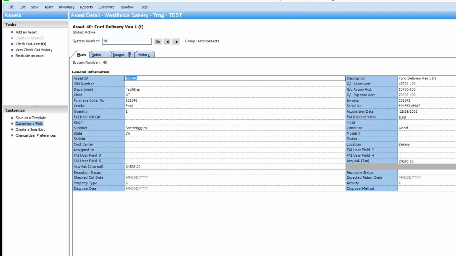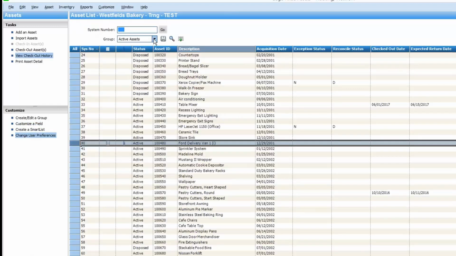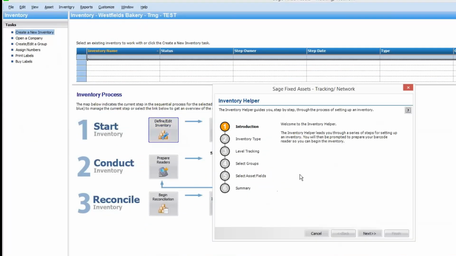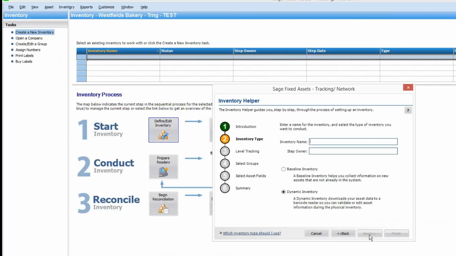Now, in the interest of time, I'm not going to be able to walk through doing a full physical inventory, but I will certainly talk through it so you get a good understanding of that. By the way, all of the groups you created, if you notice, are all available here as well. So just to walk through what that process would be like for doing a full physical inventory. You would be able to go in and define an inventory of what subset of assets you're going to do. So let's say I'm going to do an inventory of my computers